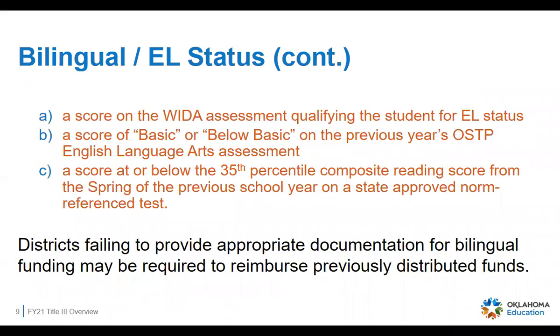So they have to have answered a language other than English once on the home language survey and have a WIDA assessment score that says that they're an English learner. Or if they scored basic or below basic on the previous year's state testing in the English language arts assessment, and they have one answer that's a language other than English, then they would